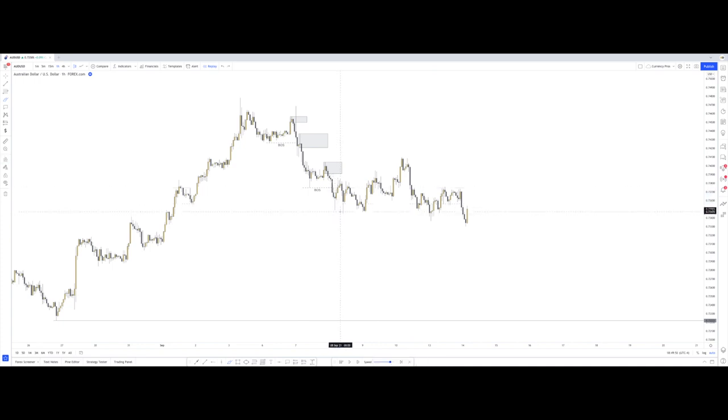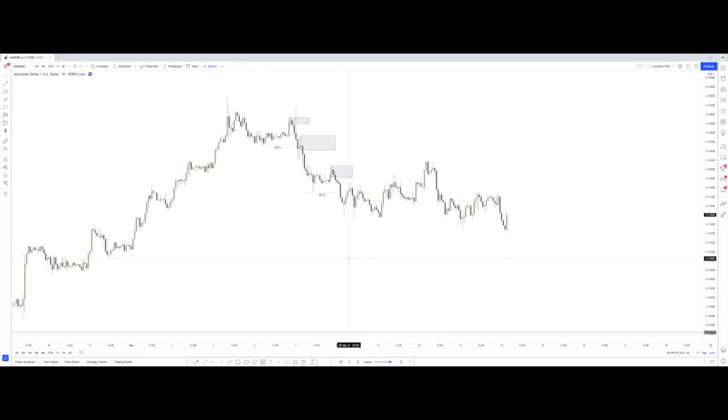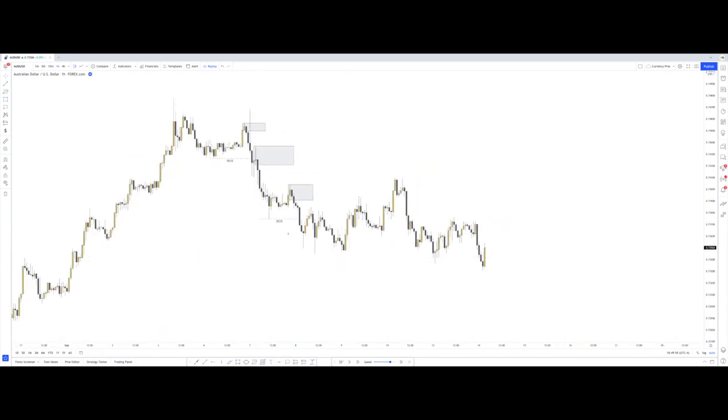So let me zoom in a little bit more here. That would have been valid as well. And it printed right after. Yeah, so. And that did get mitigated. As you can see, price wicked into it and then traded much lower. That right there could have been a pretty decent trade. But eventually price retraced much higher than that, which would have taken you out at break even or what have you. The point is, I'm trying to